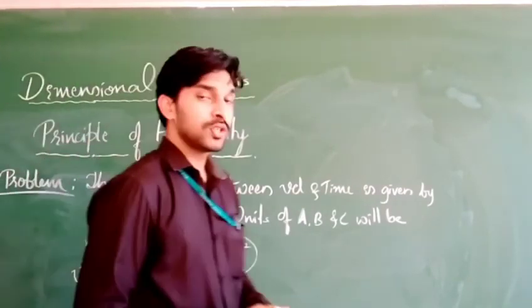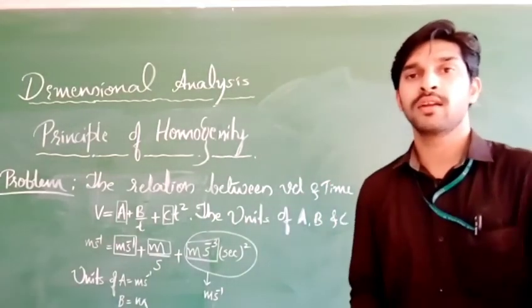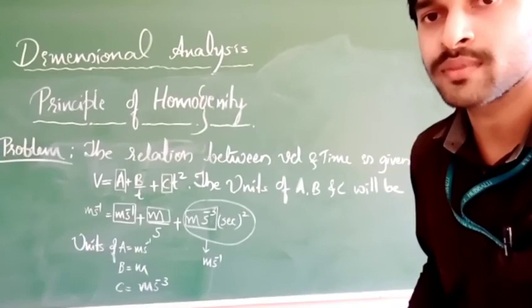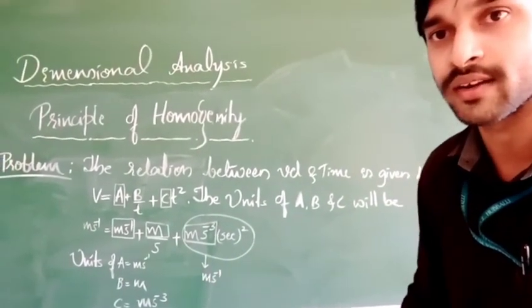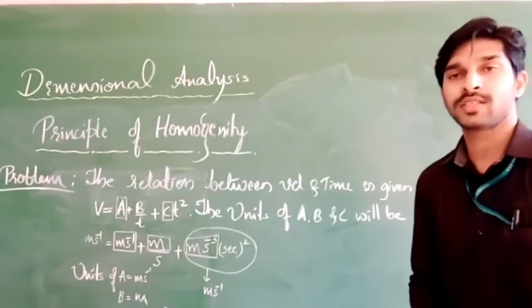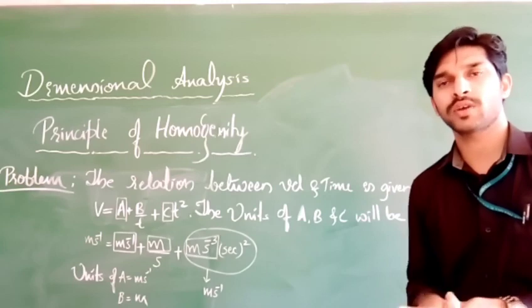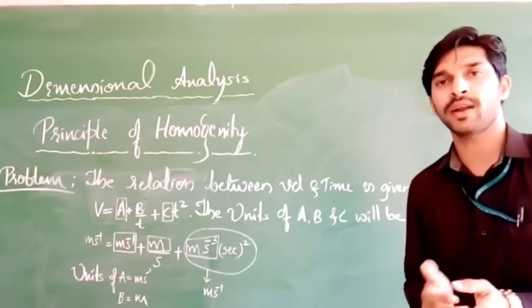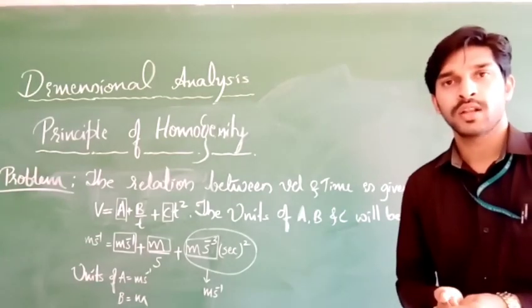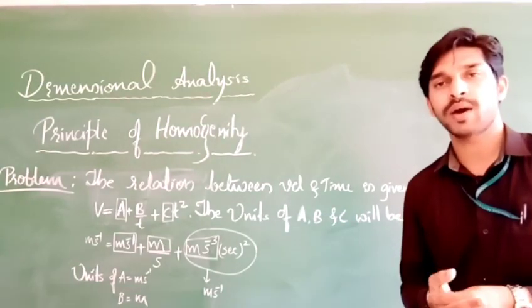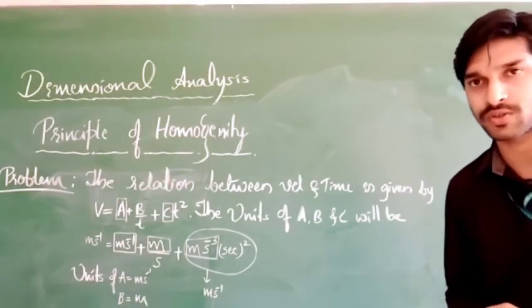Clear? So don't waste your time, study well. That last one, c, is meter per second cube, which I had written. Go through the NCERT textbook once, dimensional analysis, how the principle of homogeneity is applied, everything, and then follow these numericals also. If you have any doubts, just mark them, and once college reopens you can freely ask those doubts to us. Clear?